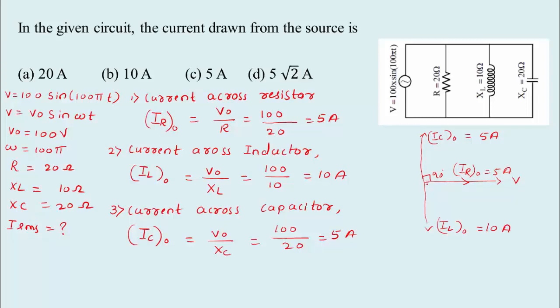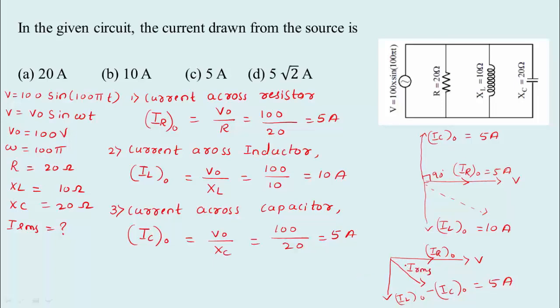So to find the net current, we have to take the I_C naught and I_L naught values. We can take them on the same line. Inductor current is maximum, so 10 minus 5 will be 5. Here we will get the I_R naught value. Here I am going to take I_L naught minus I_C naught, that is 10 minus 5, which is 5 ampere. Now we can easily calculate the net current, that is I_RMS.